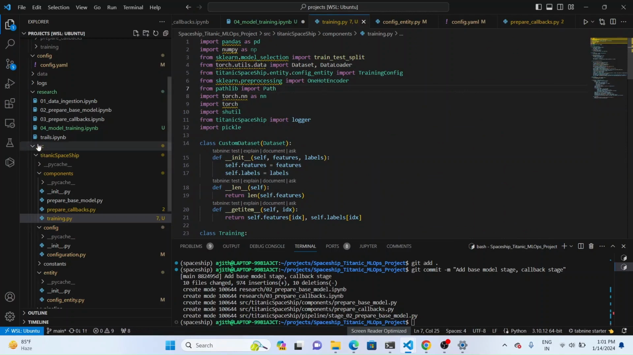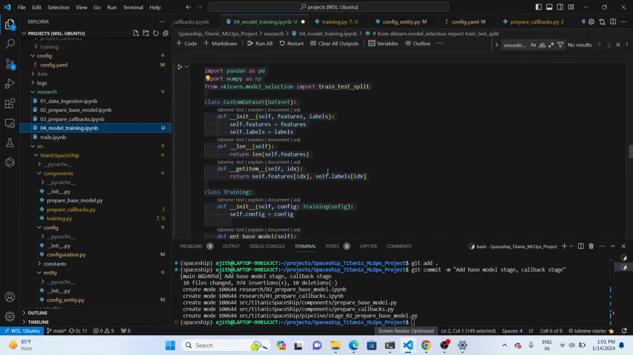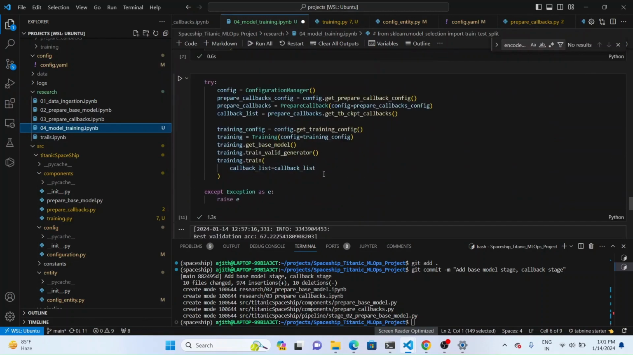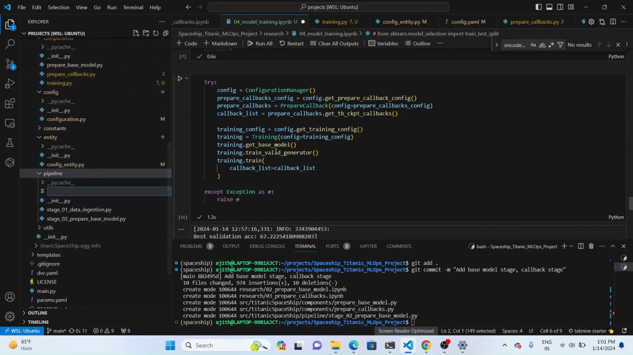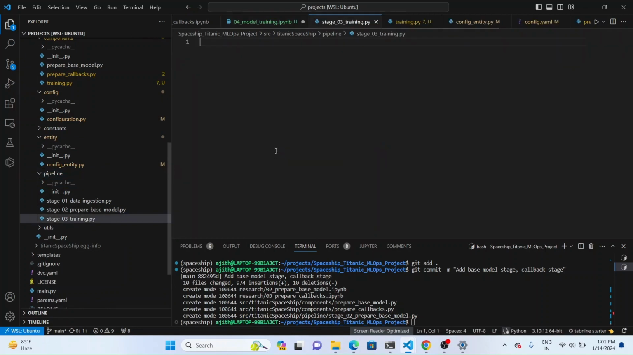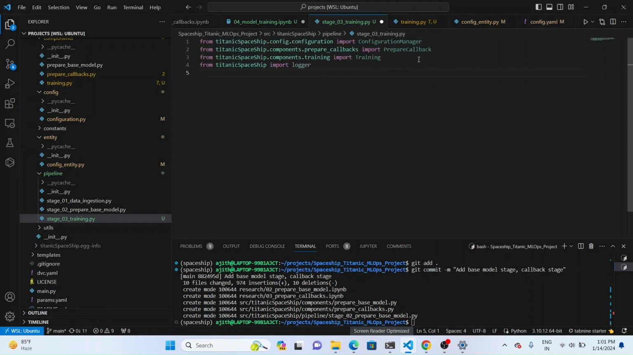Okay, so we are done with this, and then we have to write the pipeline. Stage 03 training.py. So here we have to import the necessary imports, and then we have to give the stage name,